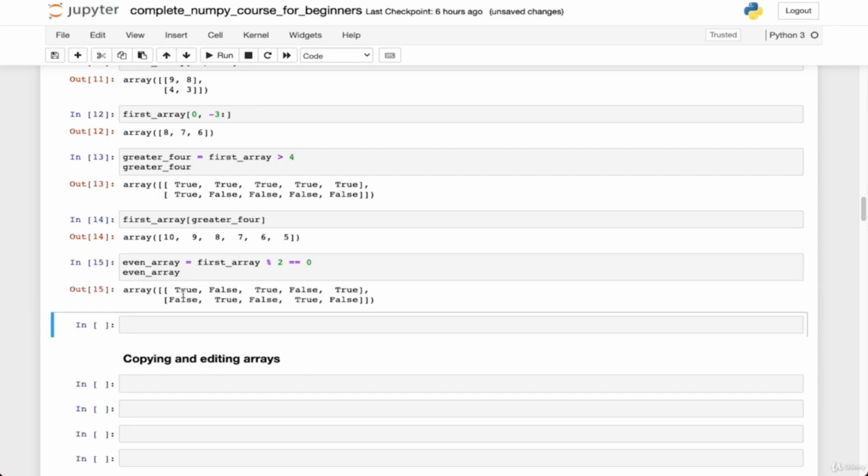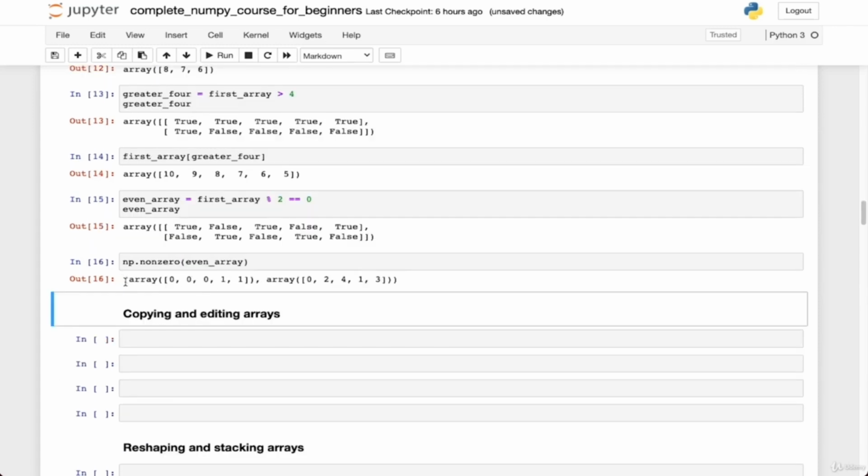Here it is. 10 is an even number, 9 is not, 8 is an even number, etc. And now we're going to use the non-zero function from the NumPy library and we'll give it this Boolean array as argument. Let us execute the cell,